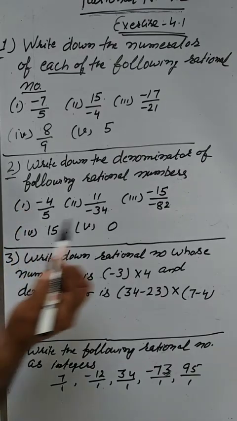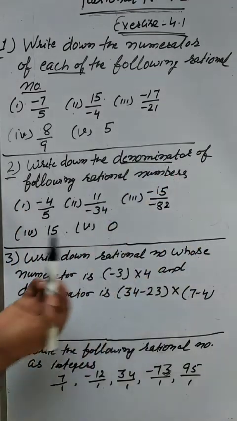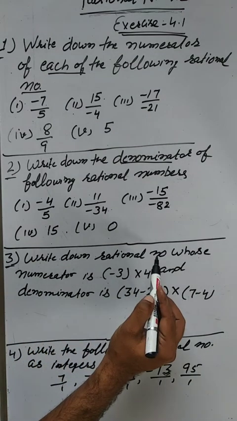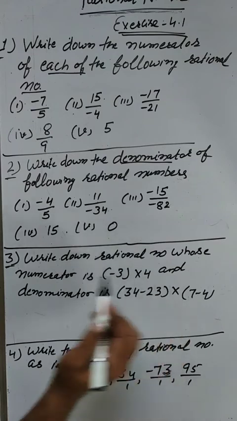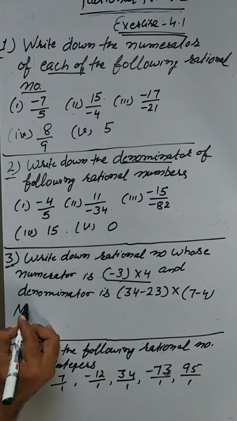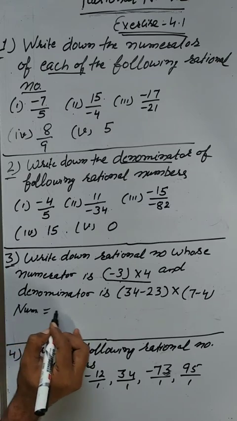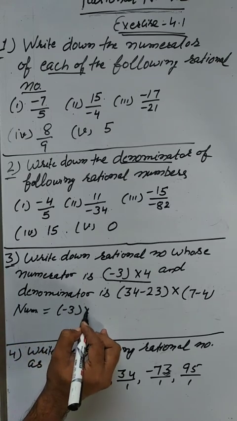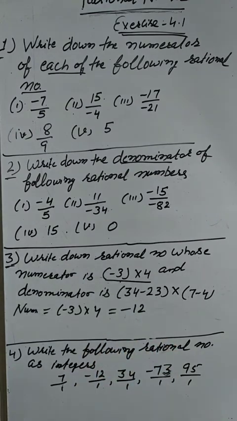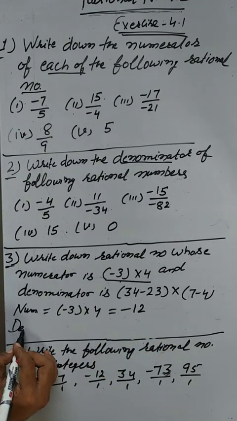Similarly, in second question, you have to identify the denominator. And third question, beta, write down the rational number whose numerator is minus 3 multiply 4. Look here. Numerator is minus 3 multiply 4. 3 4s are 12. Minus 12. Okay. And denominator